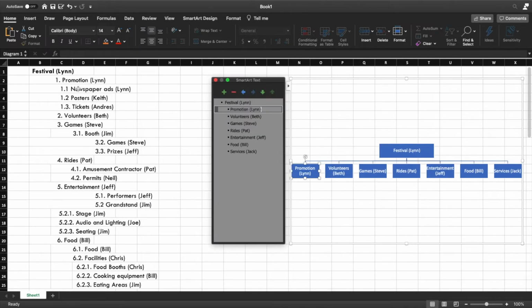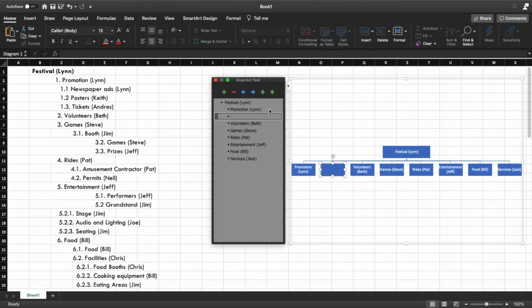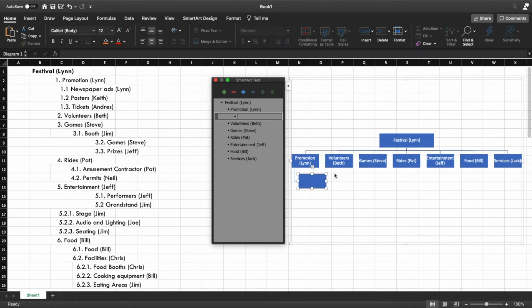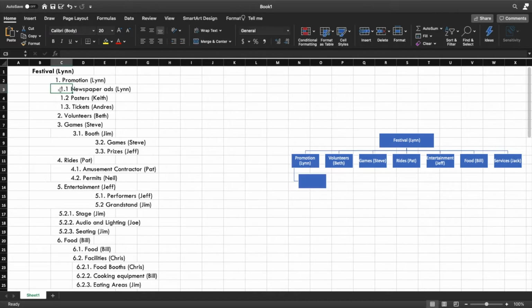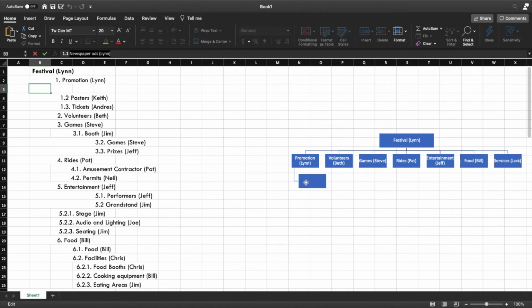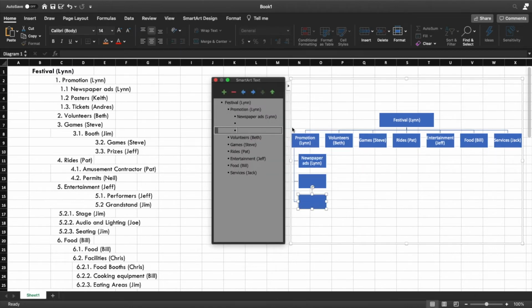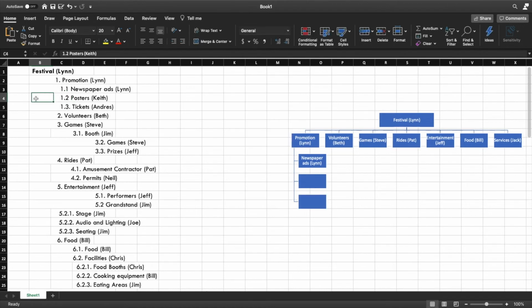Now I want to put the level 2 in this hierarchical format. So how do we do that? You go to the text here in the promotion and then you press the enter key. Once you press the enter key, you will see that you have a box that has been created. Now to move it below the promotion, what you need to do is press the tab key. You will see that the promotion has a new box. Next we can go to the level 2 activity and just paste. I'll create 3 because there are 3 activities.